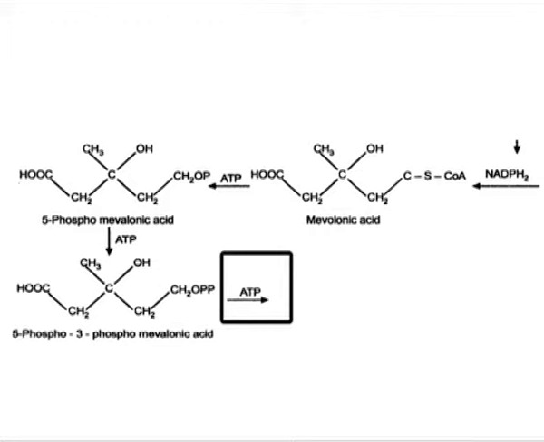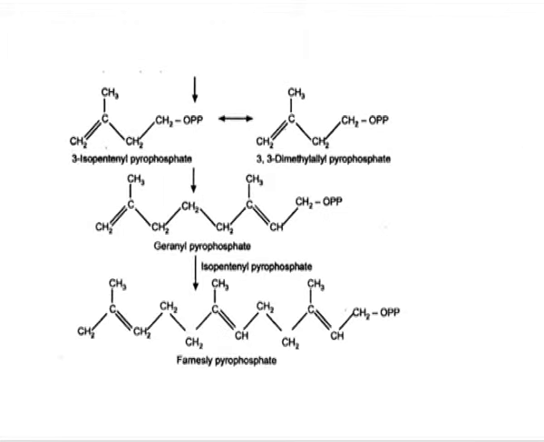On decarboxylation by a decarboxylase enzyme, it gets converted into isopentenyl pyrophosphate. By isopentenyl pyrophosphate isomerase, this gets converted into 3,3-dimethylallyl pyrophosphate, which acts as a precursor for the